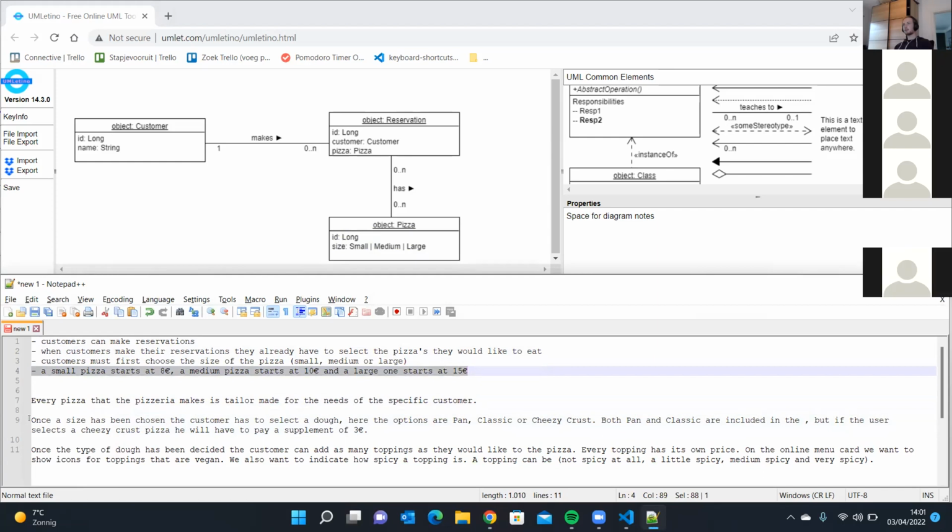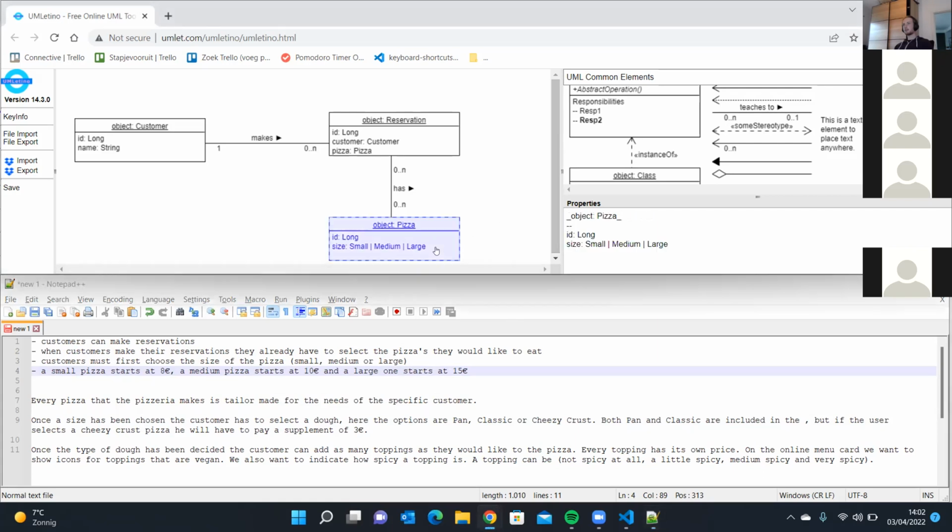I will do my best with the little voice I have left. Small pizza starts at €8. I don't know what you would call it, but of course you want to add the prices to the object, I guess, the pizza object. I would do it a bit differently. But how would you imagine it's being added to the pizza object? Guessing, you can just tell me what to do. I can't tell you what to do for sure. I can guess. I would guess maybe